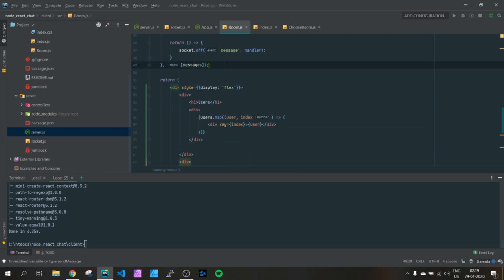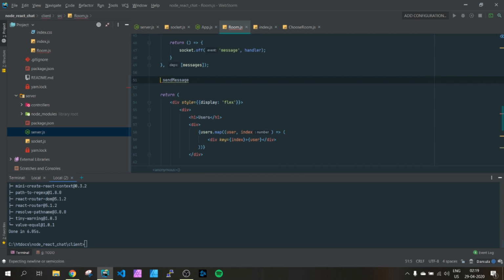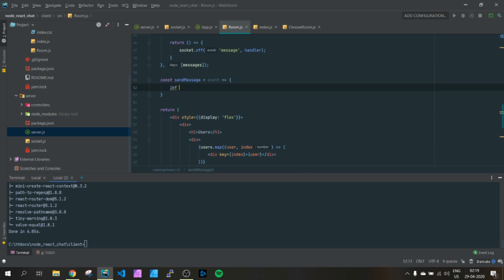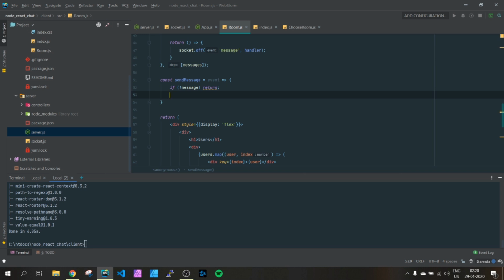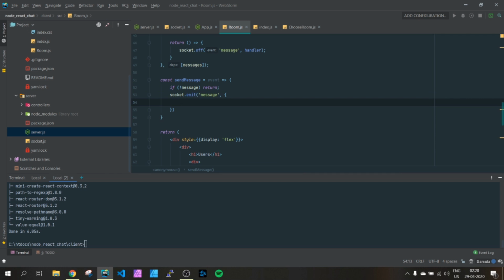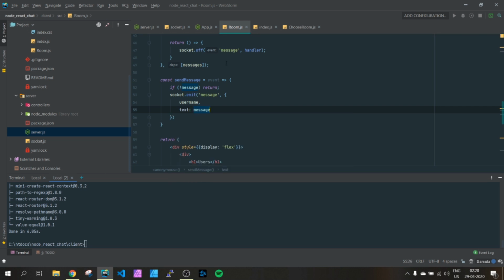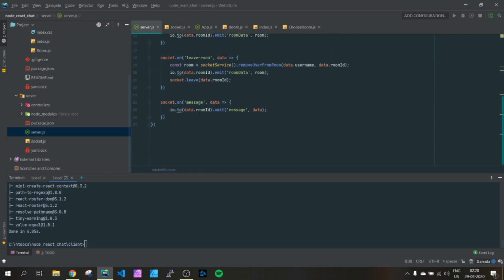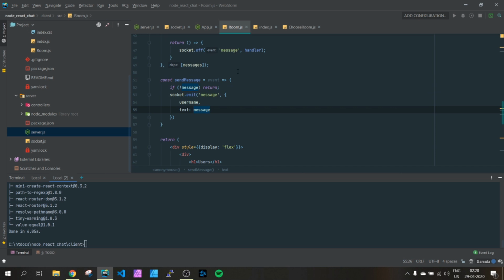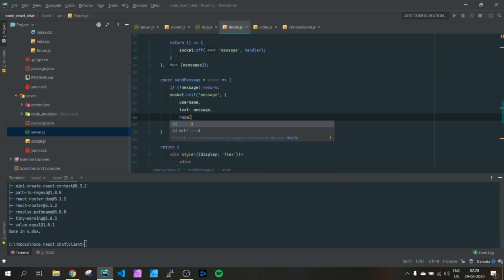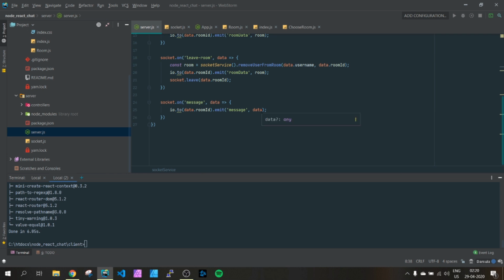and then we will define const send message, event. If not message, return. If we're not writing anything, we don't want to send it. Otherwise, socket emit message, and here we will say username, and text will be message. One second, and we need a room ID as well. So this will be like so,